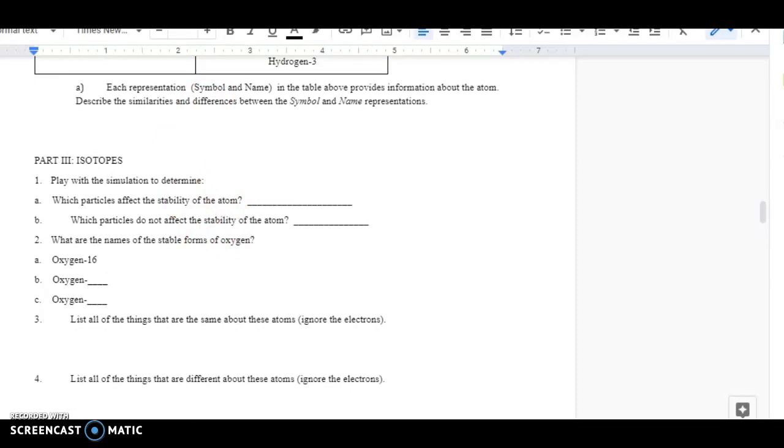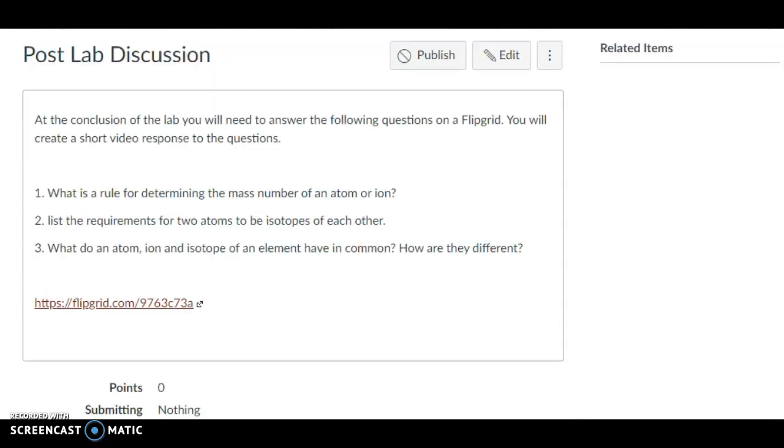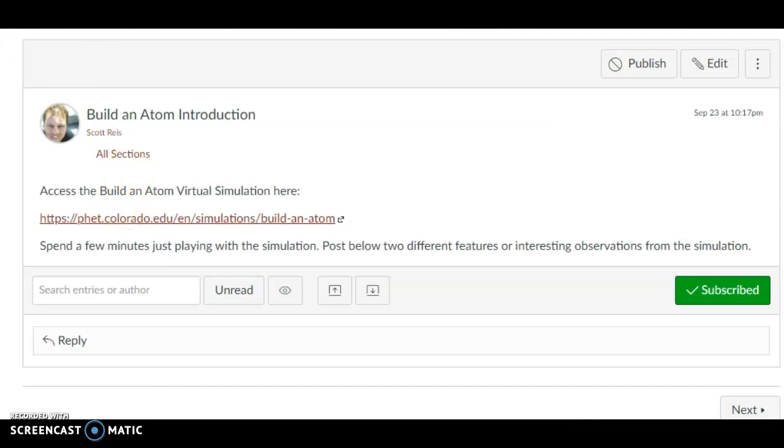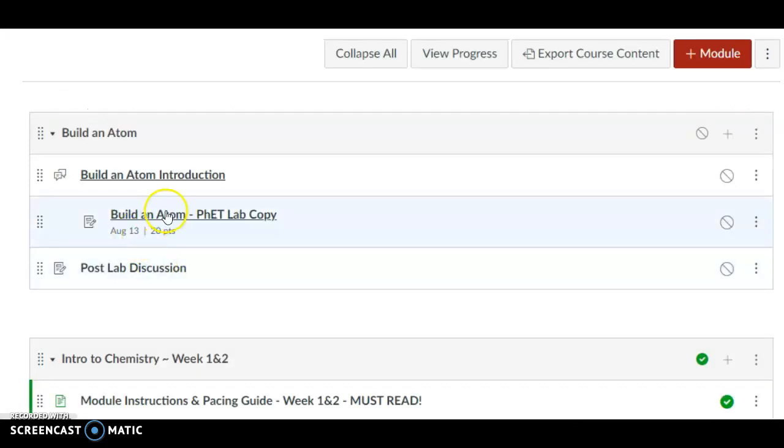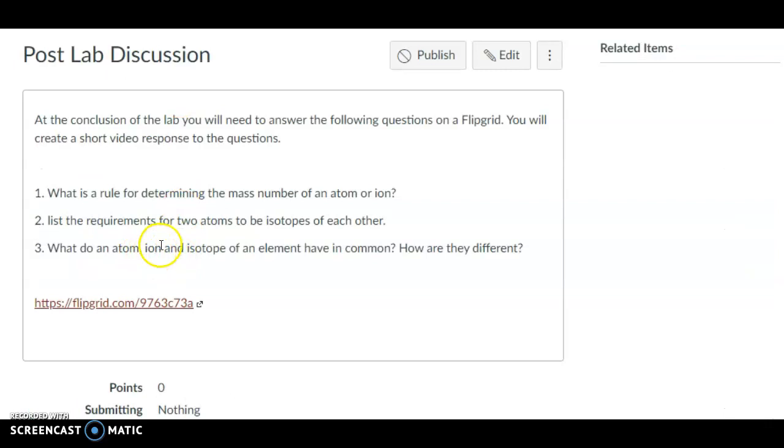Once they get done with that, they'll just upload that to an assignment Dropbox. Sorry, right here. It's an assignment. And then after they get that, they can move on to the post-lab discussion. So for the post-lab discussion, I just made a Flipgrid. I would love to integrate this or embed it, but I don't have the API for Canvas, so I can't actually do that. But they're going to answer these three questions, which were, what is the rule for